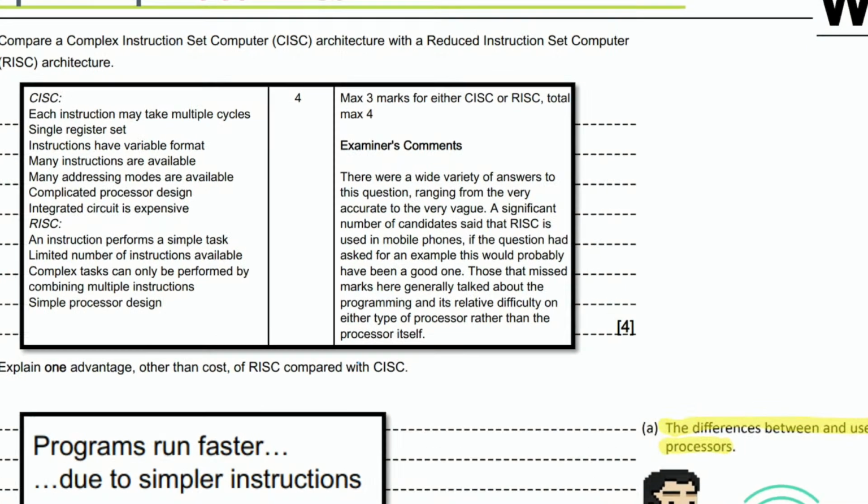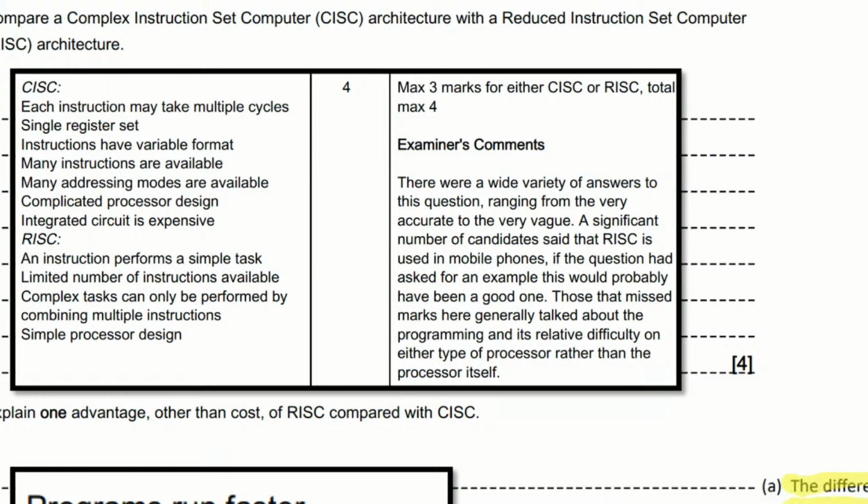So, coming back to what we were talking about, with RISC and CISC, each instruction may take multiple processor cycles. Remember, there's the fetch-decode-execute cycle. So there's one fetch-decode-execute cycle, but it takes multiple processor cycles. We didn't mention that, but single register set. Instructions may have variable formats. Many instructions are available, so a large instruction set, as we discussed earlier. Many addressing modes are available, as we discussed earlier. And as Zahim was mentioning, this can lead to a more complicated processor design, which will make it more expensive